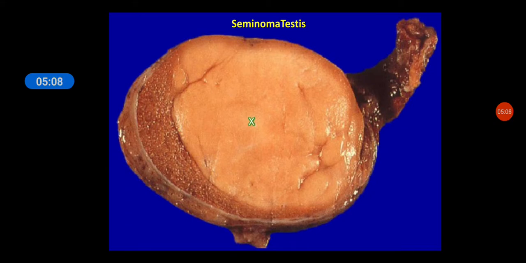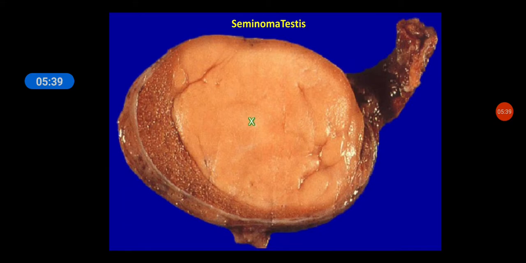Grossly, how will you describe this tumor? Now that you know that this is a testis with the spermatic cord attached, you can tell them that this is a bulky, solid tumor. It has a rubbery surface. It can be firm and bosselated. The cut surface is usually gray to white in appearance. That's how you describe this tumor.